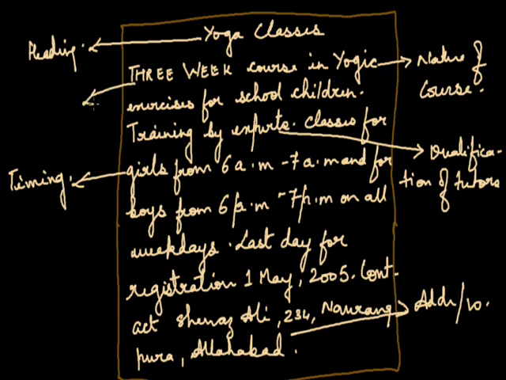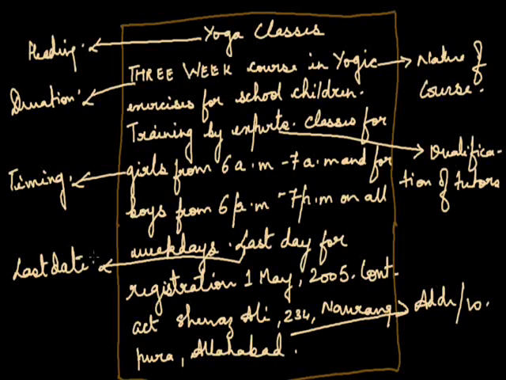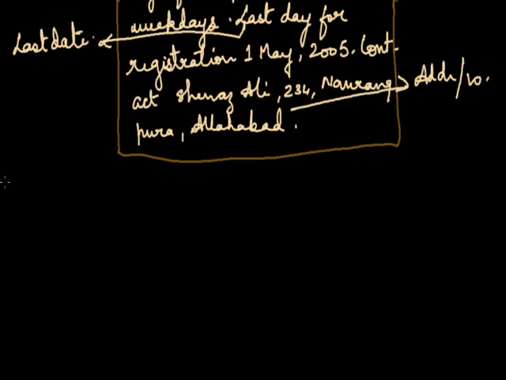Now 3 week means the duration it is going to run on, and the last date also. So in such a limited place with a limited word, I have covered all the points. Now coming on to the next, that is 7th,